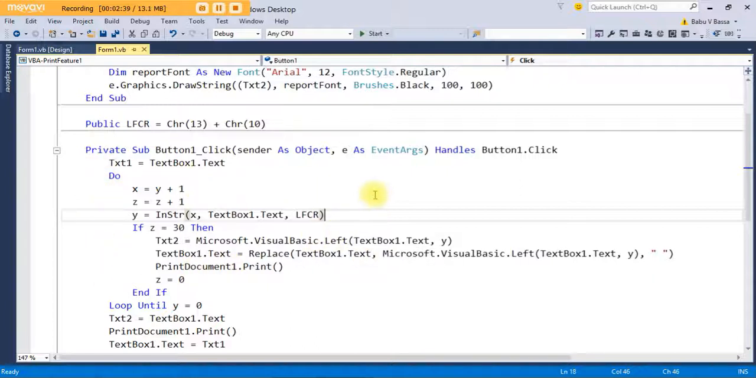What it does is it counts the number of times that a character appears in the text. In this case, the character is LFCR. As you know, probably, LFCRs are the carriage return characters that are placed at the end of each line. When the control senses LFCR, the control moves to the next line. In Visual Basic, this carriage return character is defined as char 13 plus char 10. So you have to declare it as a public variable in the beginning of the code,